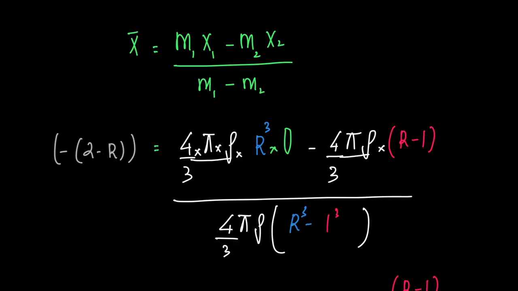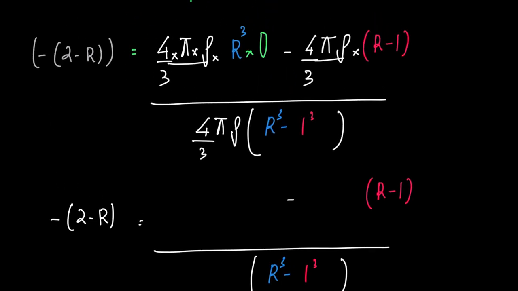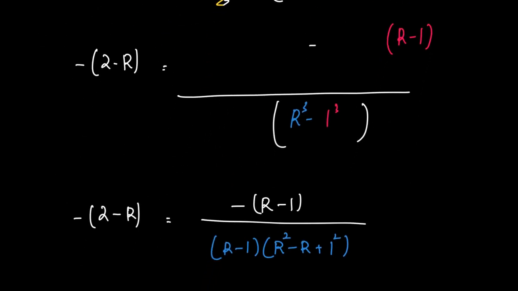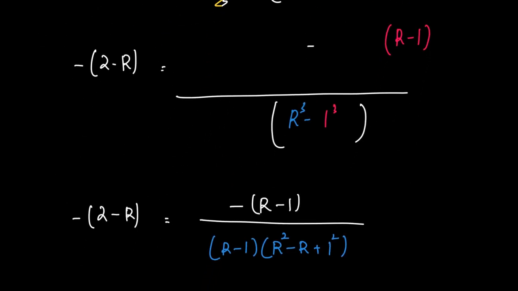Now, once we have this, if we divide this complete RHS by 4 by 3 pi rho, what happens? These terms get reduced to 1. And since this is into 0, this term vanishes. So what we have is minus r minus 1 by r cube minus 1 cube, right? Minus r minus 1. So now I can cancel off this minus and this. So this becomes 2 minus r into r minus 1 divided by r cube